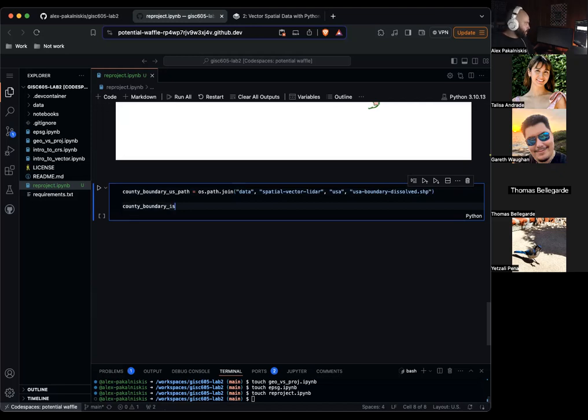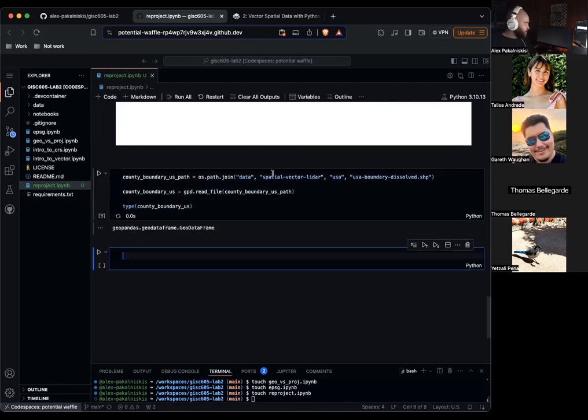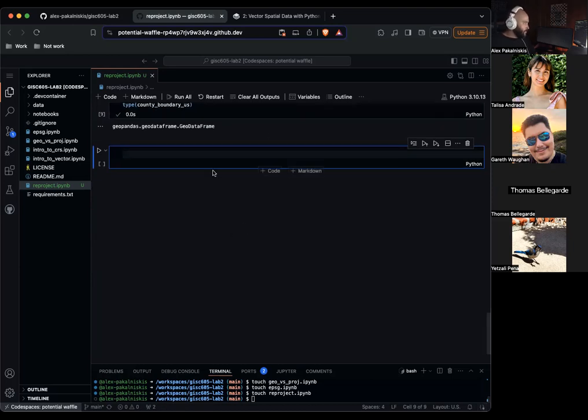Country boundary US equals GPD read file country boundary US path. Type country boundary US should be a geodata frame, and it is. Now let's plot it.